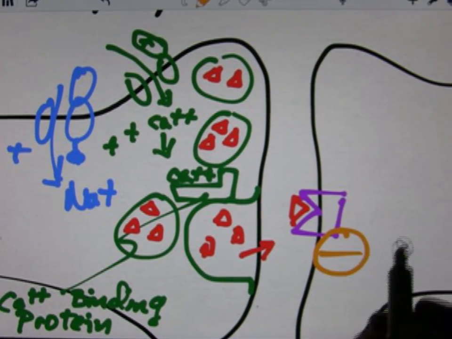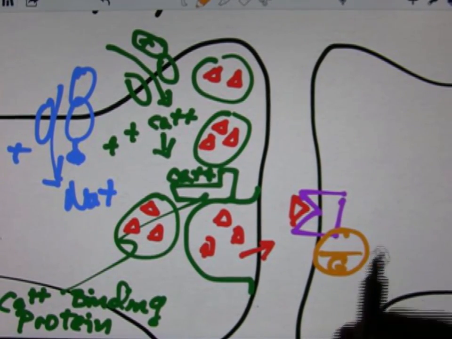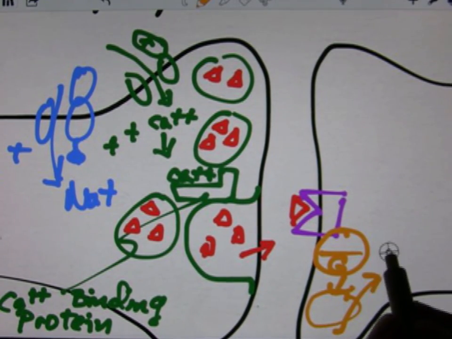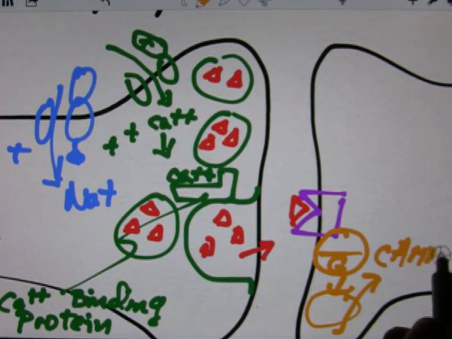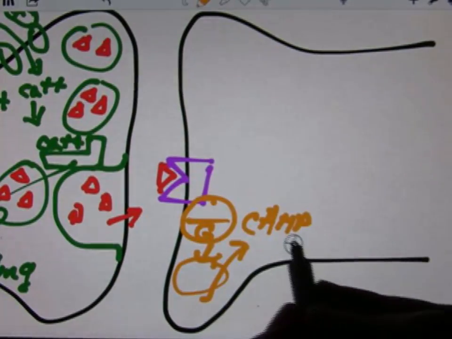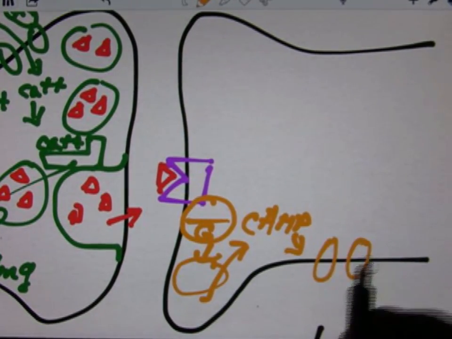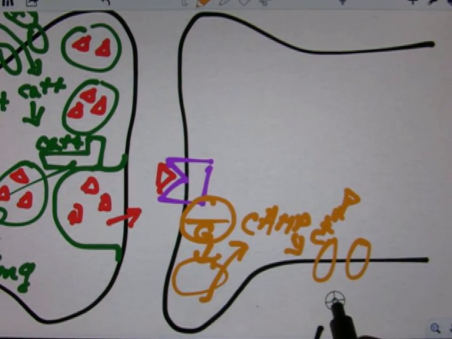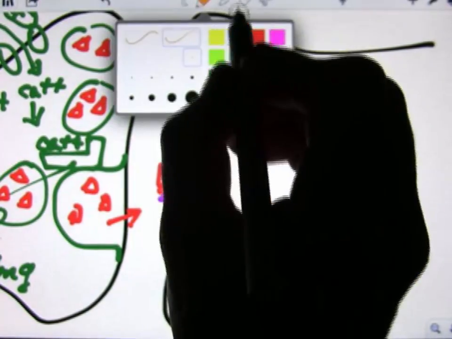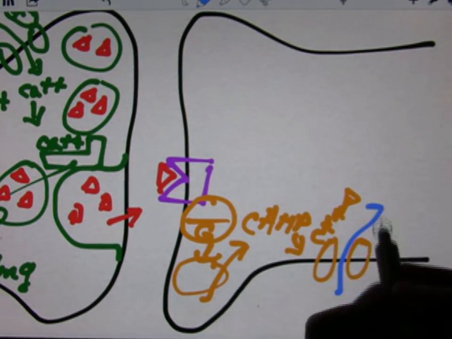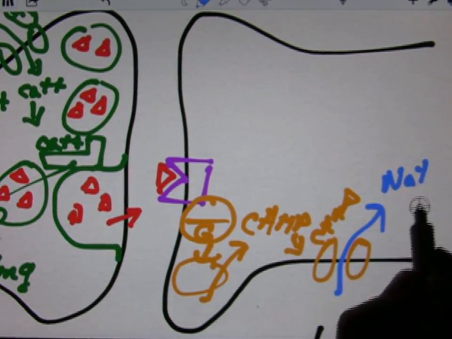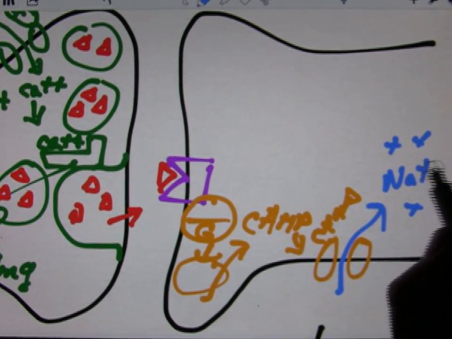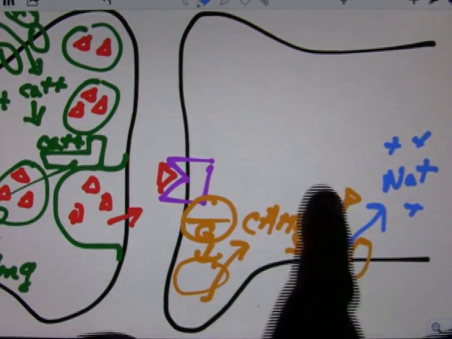It interacts with, for example, a G protein that might activate adenylate cyclase to produce cyclic AMP, which might open a channel by binding to it and affecting whether or not ions can enter the cell. And if enough ions come in, you get a new action potential. Okay, so as part of our toolkit